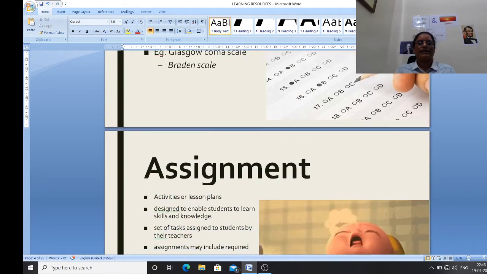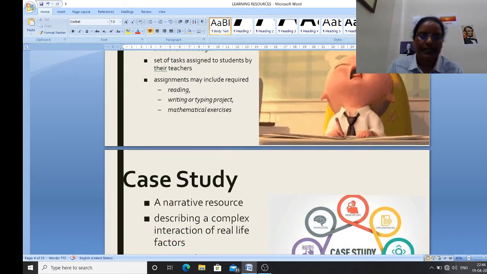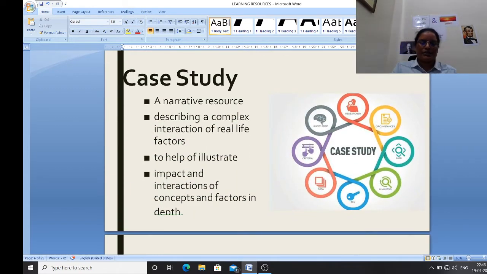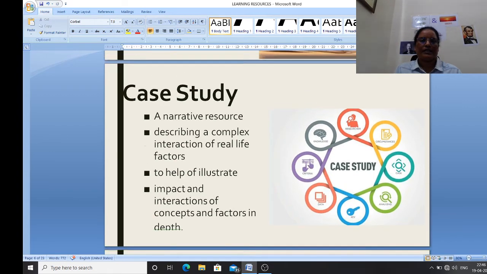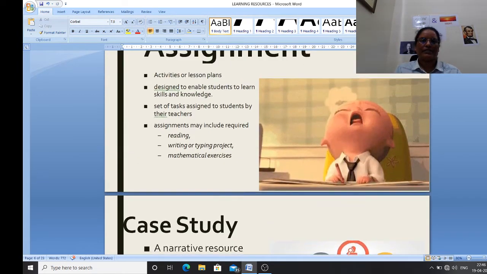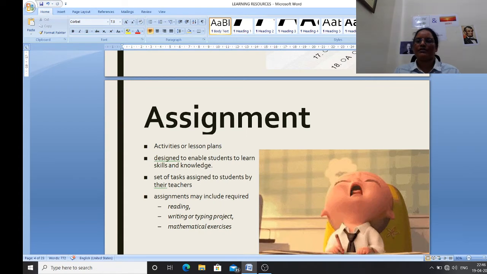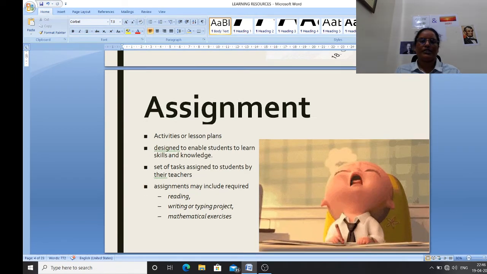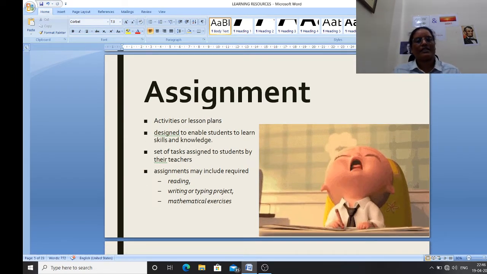Next is assignments. Assignments are very essential for students to develop skills and enhance their confidence regarding the teaching. Activities or lesson plans designed to enable students to learn skills and knowledge. A set of tasks assigned to students by their teacher.